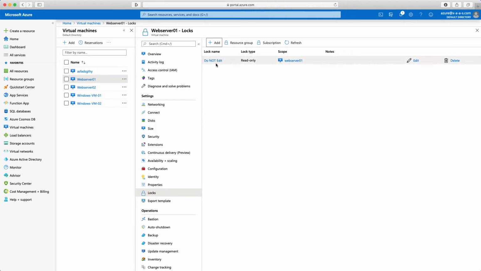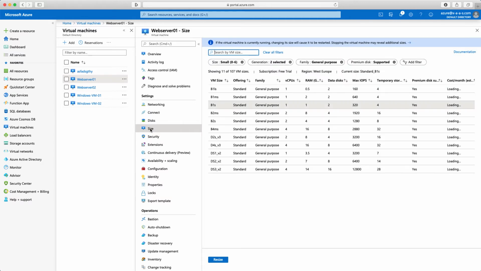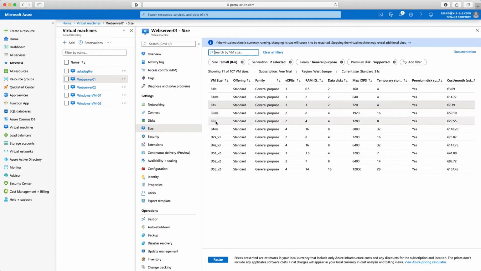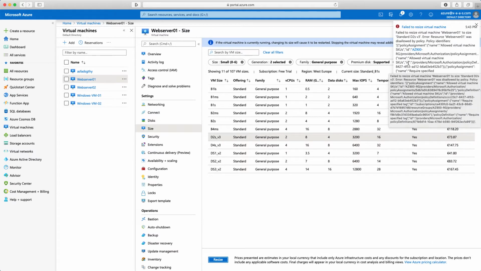So now we have the do not edit lock name, the lock type is read-only. Now let's try to edit the machine. So for example, I go to size, and I want to change the VM size from B1S, and let's try to go with D2S version 3. I'll click on resize, and it says that it failed to resize the virtual machine